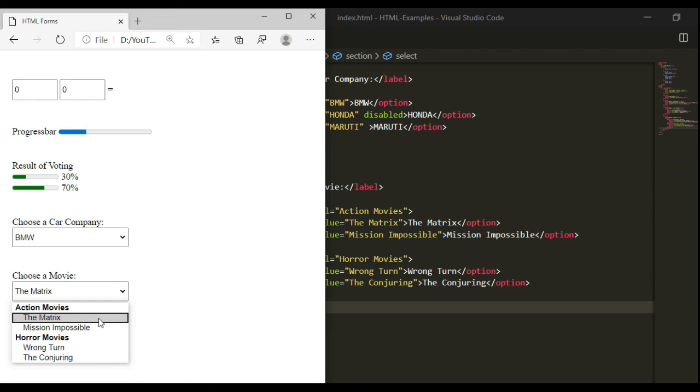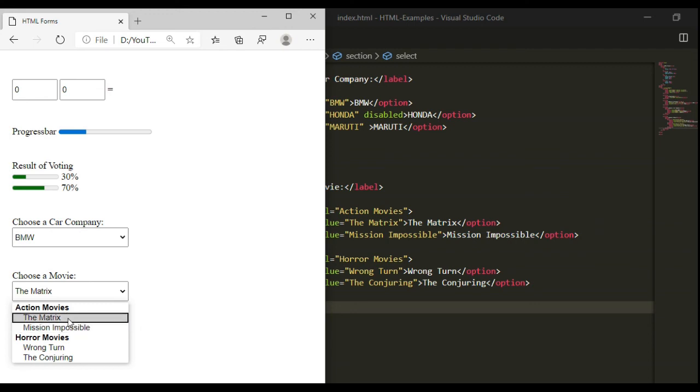Then you have to look at all the elements in the list, meaning all the options, and only then will you be able to select all the action movies from the list. But by using this option group, you can categorize the movies into categories like action, horror, drama, comedy. So you can go directly to the category and easily choose your favorite movies from the list.